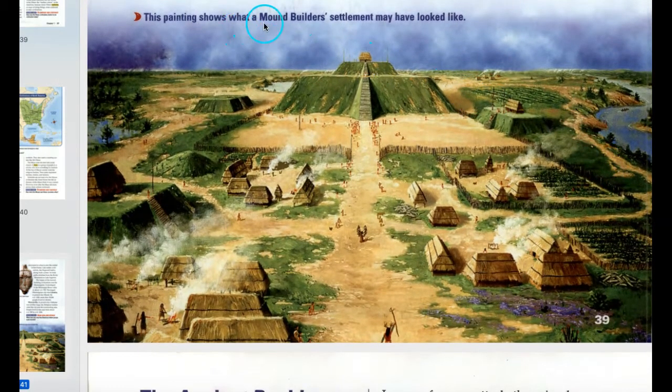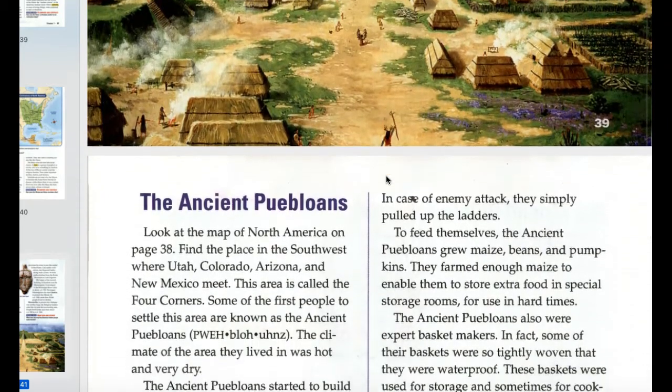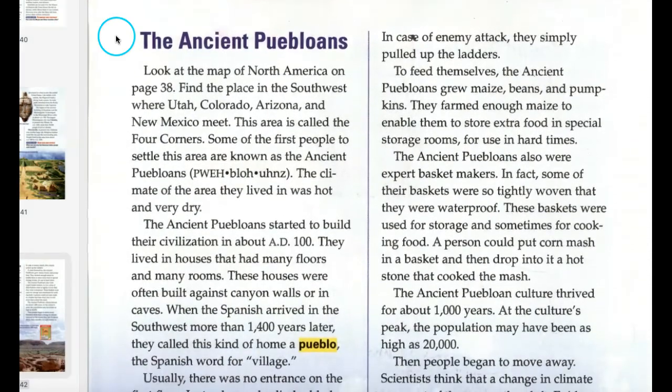This painting shows what a mound builder's settlement might or may have looked like. The ancient Puebloans. Look at the map of North America on page 38. Find the place in the southwest where Utah, Colorado, Arizona, and New Mexico meet.